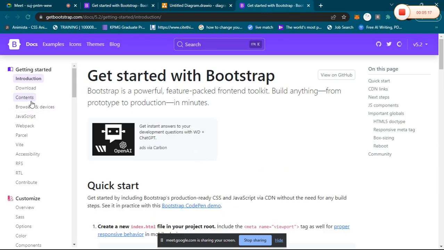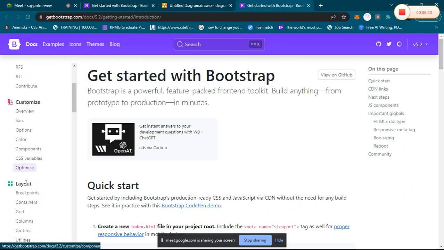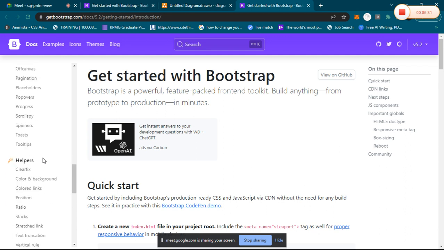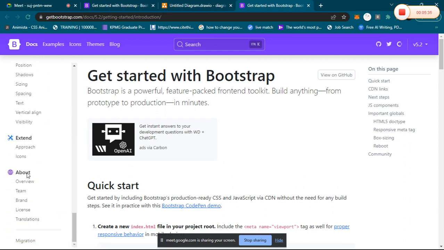Yeah, so this is the documentation for Bootstrap. Like I said, there are a lot of things in Bootstrap. So if you look at this left side menu of the documentation, you see everything that's available in Bootstrap. Now, when I was talking about components,